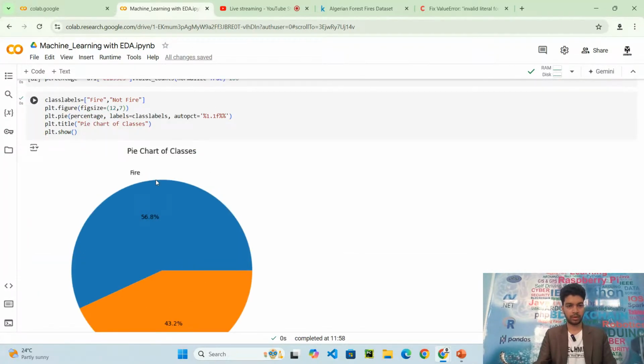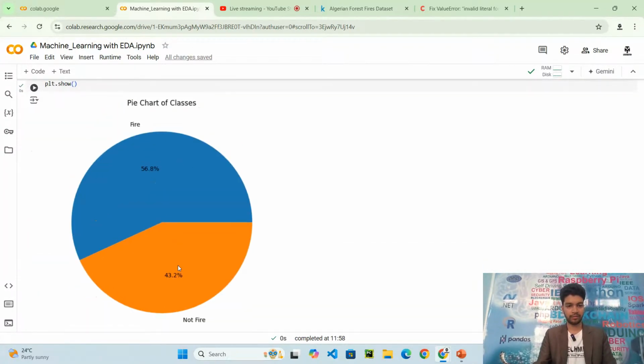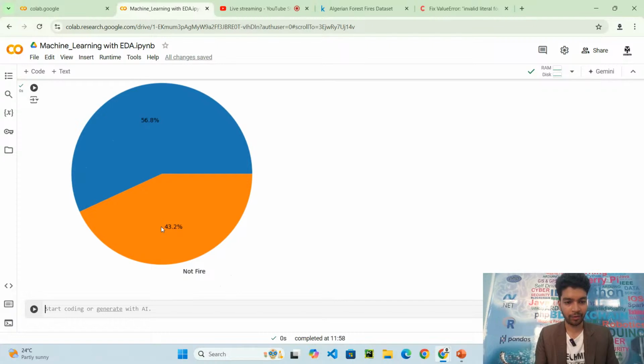So this is the classes between fire and not fire. In the data set, around 58% of the data points fall under the category of fire and 42% fall under the category of not fire.